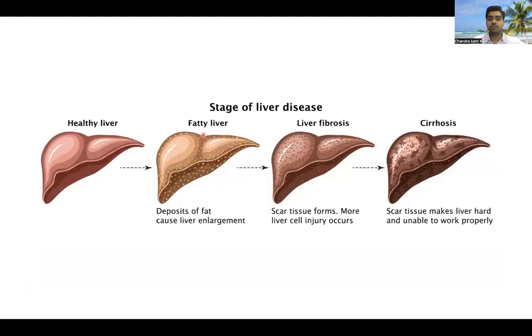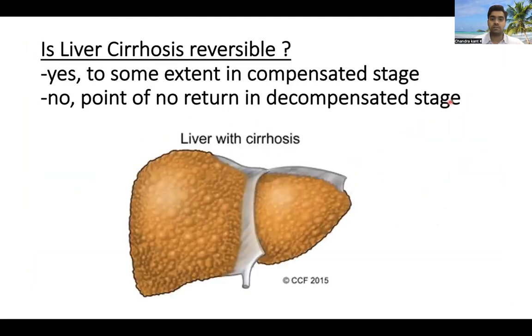So when we see this image, there is fatty liver initially in obesity. The fat causes liver enlargement and pain in the right upper part of the stomach region, and gradually there is fibrosis of the liver substance of the parenchyma, and as the fibrosis increases more and more, it becomes cirrhosis. This is the point of no return of the end stage liver disease.